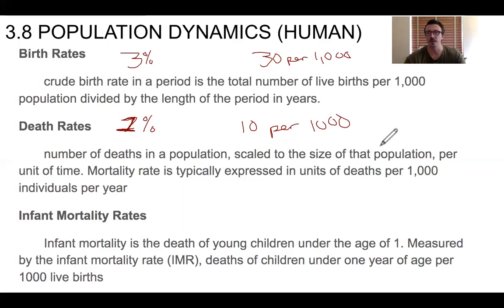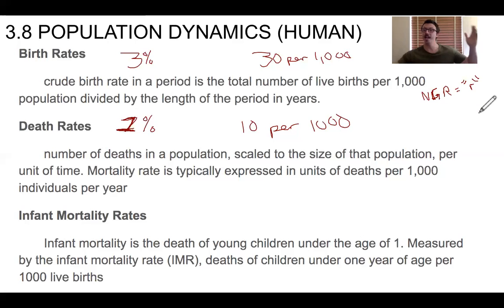Again, if the auditorium were packed at Patton full of people that represent every age demographic, just a random sampling of people from the city of Morganton or Burke County, if Burke County had a 1% death rate, it would be 10 people in that room who are not going to live to see the end of that year. And we can use these to determine what is known as the annual natural growth rate, right? So the natural growth rate does not take into account migration, because right now we're just talking about births and deaths,